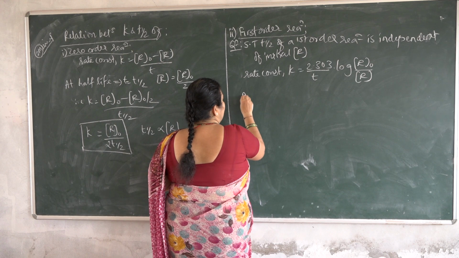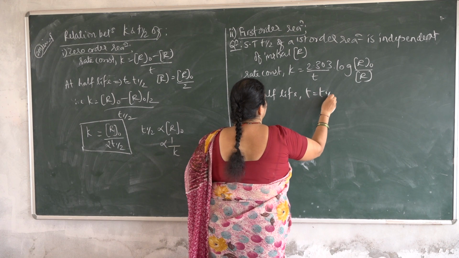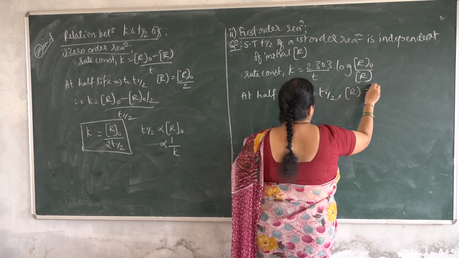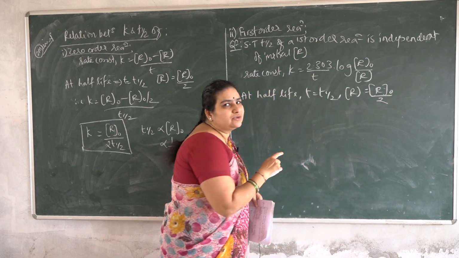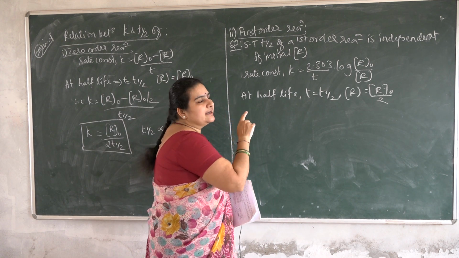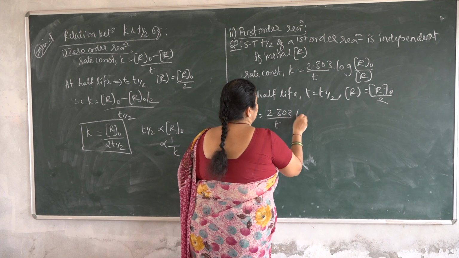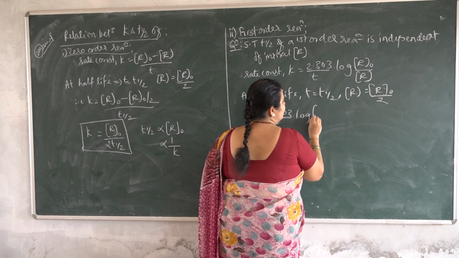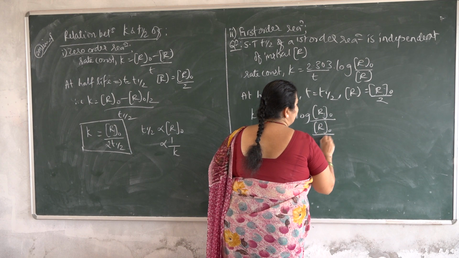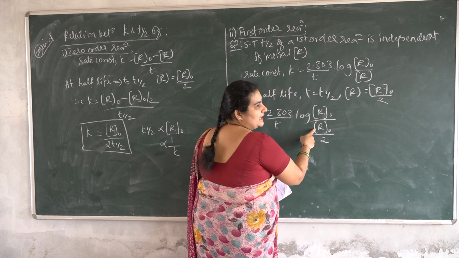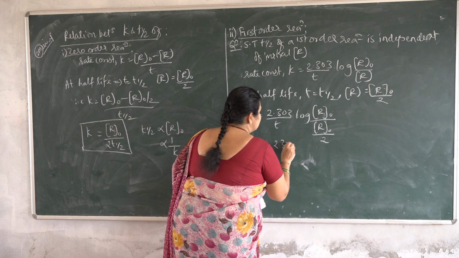Again the same condition at half-life: t = t half and [R] = [R]₀/2. Substituting the half-life condition in the rate constant equation, K = 2.303/t log([R]₀ divided by [R]₀/2). So [R]₀ cancels and the 2 goes to the numerator,